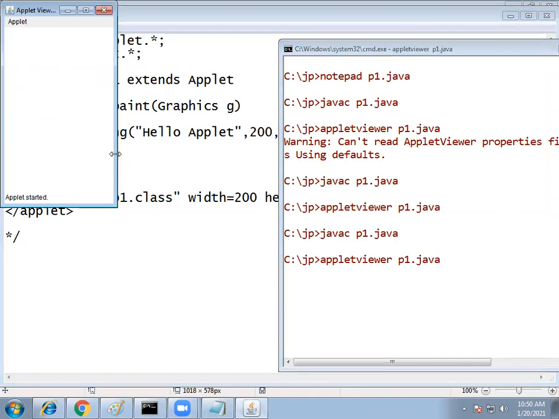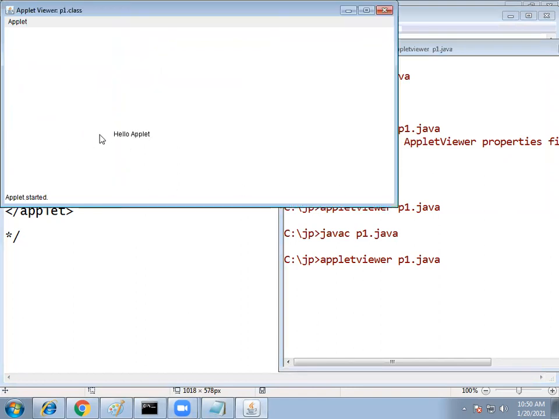See where the string appears. Horizontal is the x direction, vertical is the y direction. So like that we can print the output at the specified location.